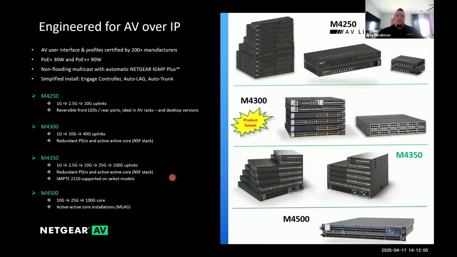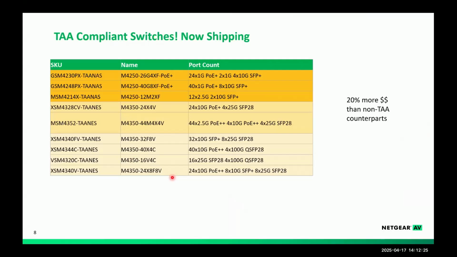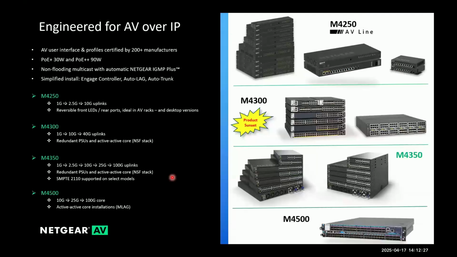And then you have an M4500, which is our aggregator core that can bring all those M4350 100 gig links together in a software-like protection for precision time protocol and other things. So that's our complete offering for AV over IP. And these are the approved switches for AV over IP installations. Where you're going to see our growth is that M4350 line, where we're going to continue to expand and build out, and you're going to see more SMPTE 2110, I assume, in the future.